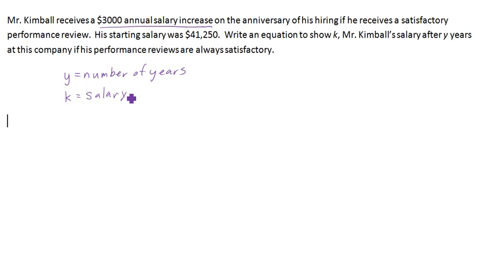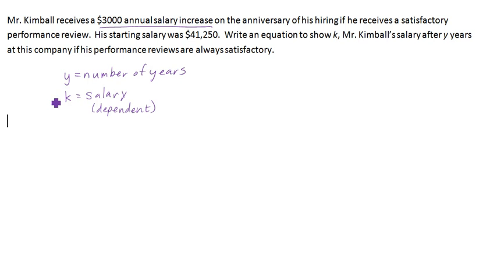Now this is going to be a little bit confusing because it's told us that Y is the number of years, but please recognize that the independent variable here is the number of years. The dependent variable is the salary. The salary depends on how many years. So since this one is the dependent,